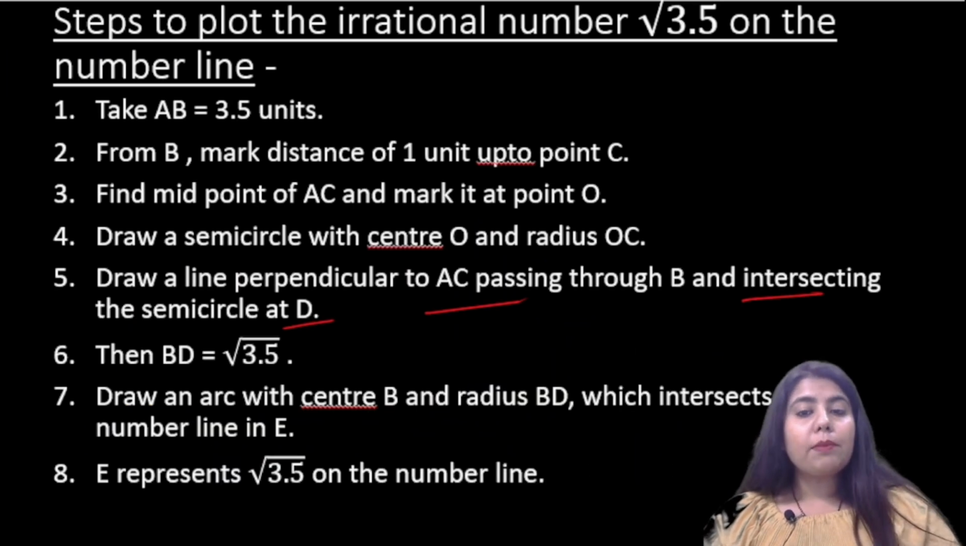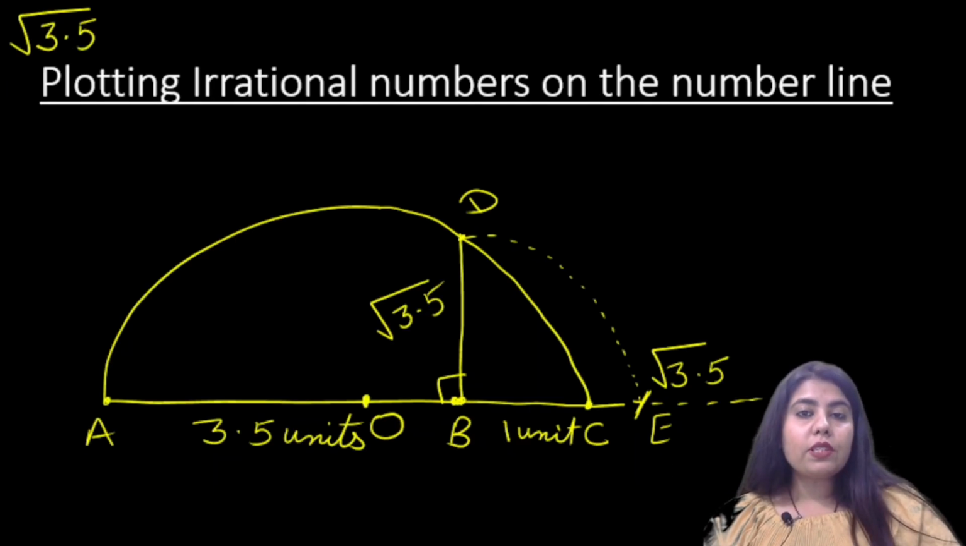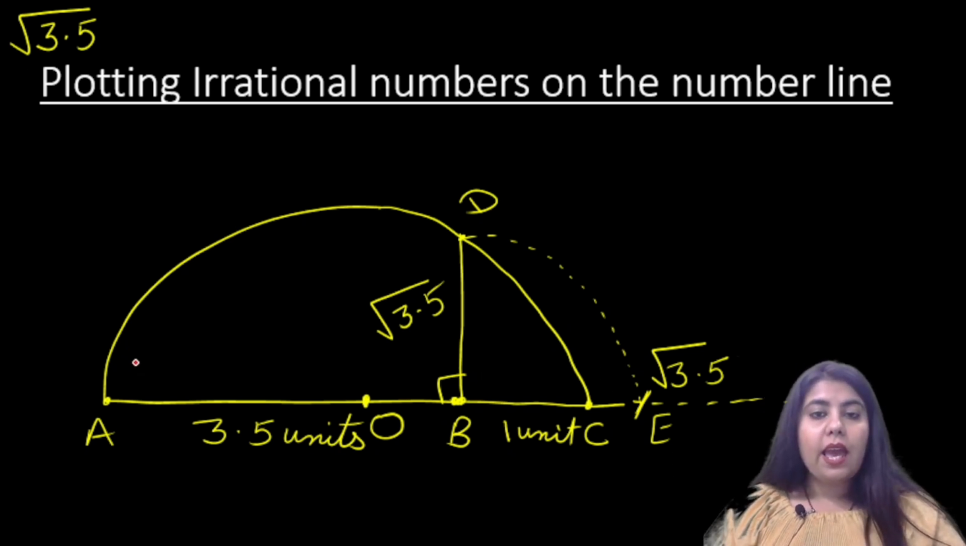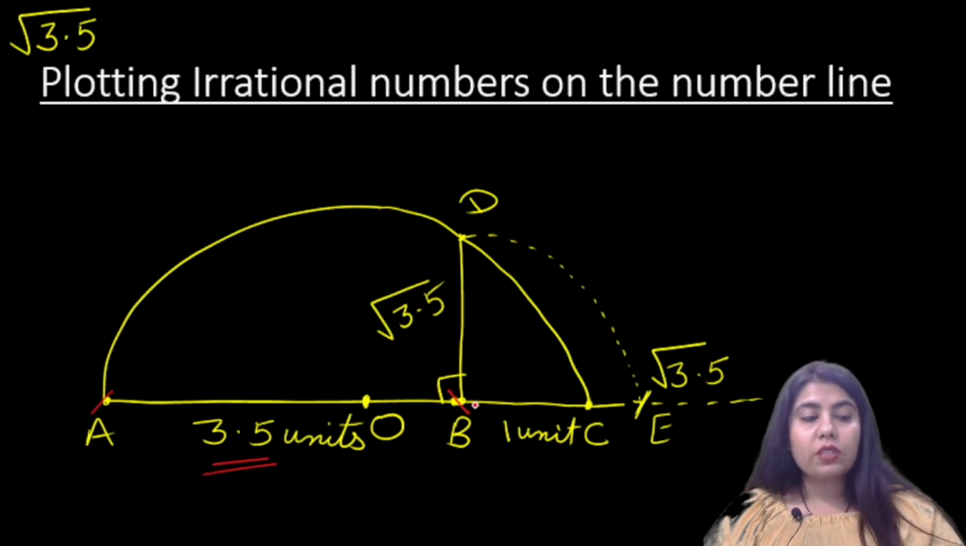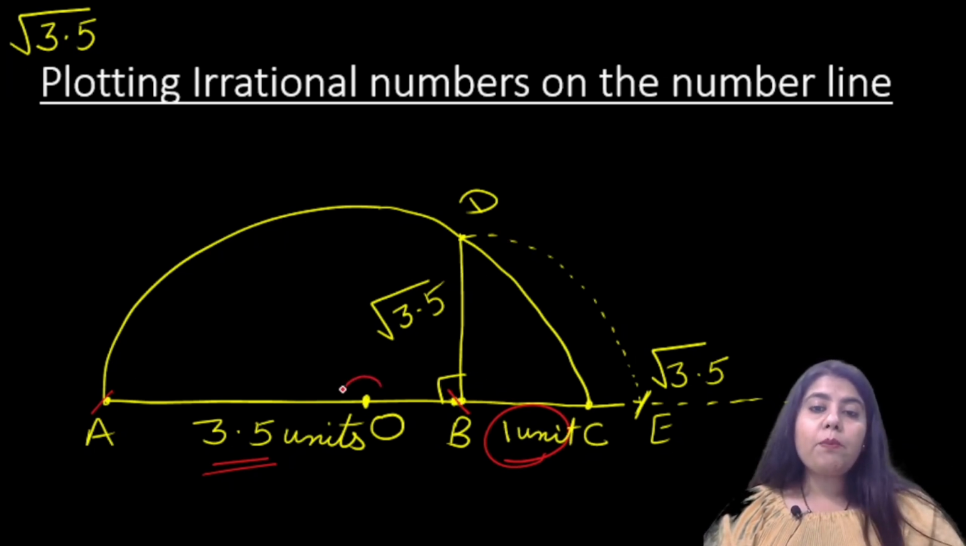See, let me explain it again. In the first step, we have to take AB as 3.5 units, this point A and this point B as 3.5 units. Now after that we have to mark a distance of 1 unit from point B up to point C. Now after that we have to take the midpoint of AC, and using that midpoint O as the center and OA as the radius, we have to draw a